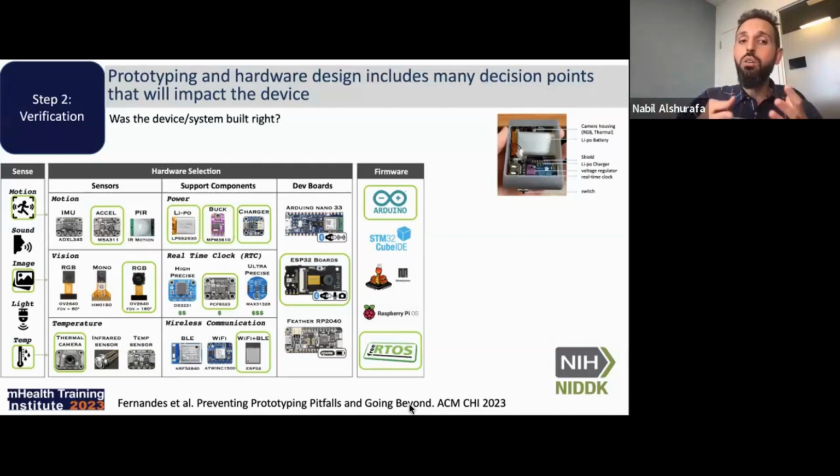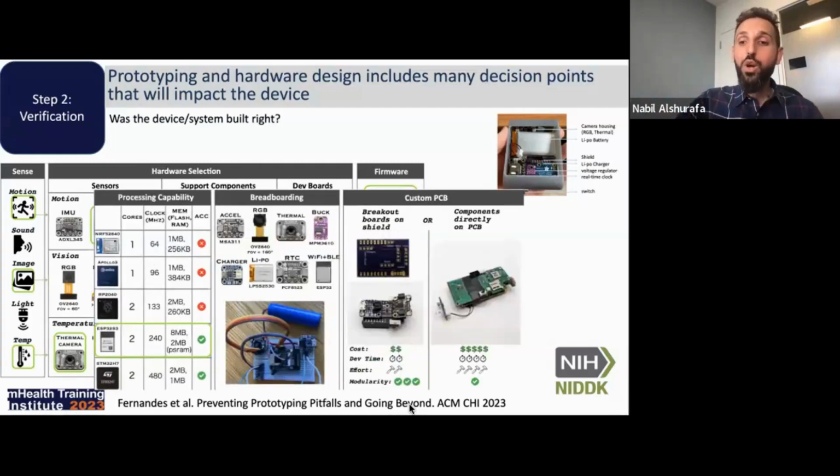All these things are factors that one needs to think about. And also whether someone should custom design their own PCB or use commercial off-the-shelf devices. We learned a lot from the fact that we custom designed our own PCB for our wearable camera, the initial version.